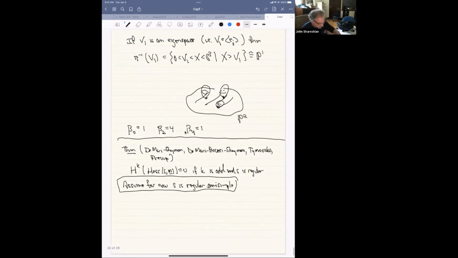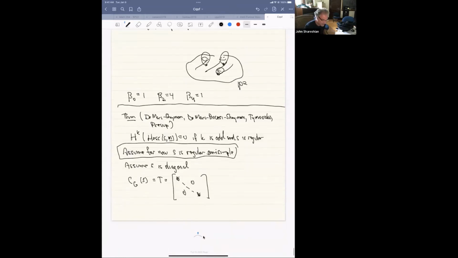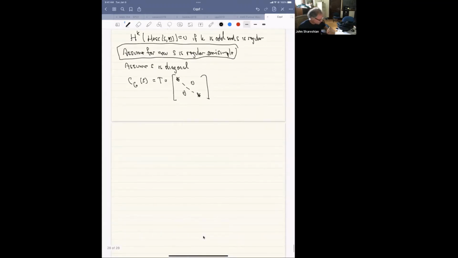So now, we can assume S is diagonal, just for convenience's sake, by what I said. That's completely harmless. And then we can look at the centralizer under conjugation. So we look at all non-singular matrices and ask what commutes with S. S is regular semi-simple, so it's just this torus here. That's the centralizer of S. In general, a regular element is one whose centralizer has the smallest possible dimension, and this is the smallest possible dimension. And now what I want to assert is that T acts